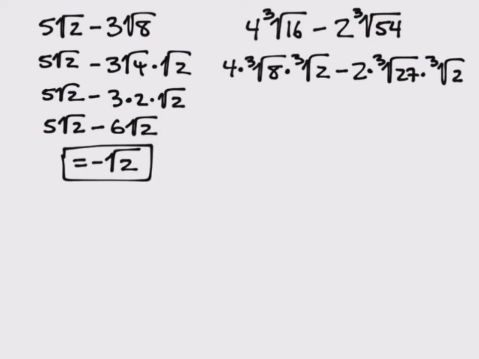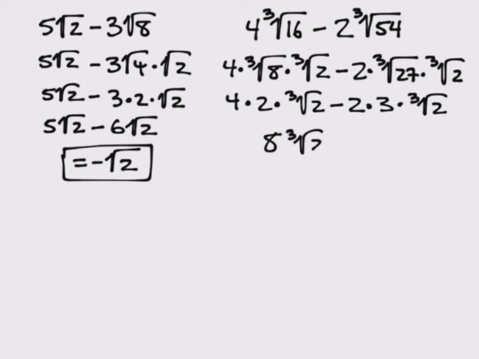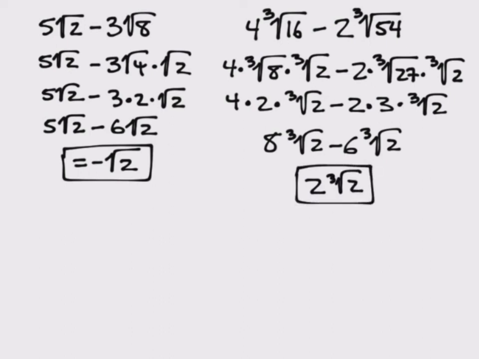And what's so nice is that the third root of 8, that's a very nice number. That's just 2. And the third root of 27, that's also a number. That's just 3. And so our original problem, once we've done some simplification, actually turns into 8 times the third root of 2 minus 6 times the third root of 2. And now we've got the same index, we've got the same radicand, we're ready to go. We end up with 2 times the third root of 2. So again, in this case, it originally didn't look like we could subtract them,